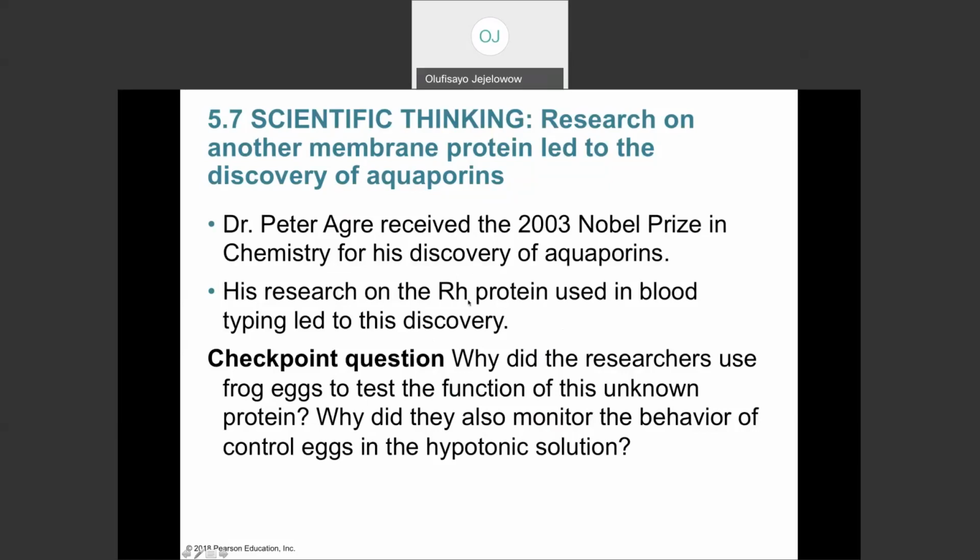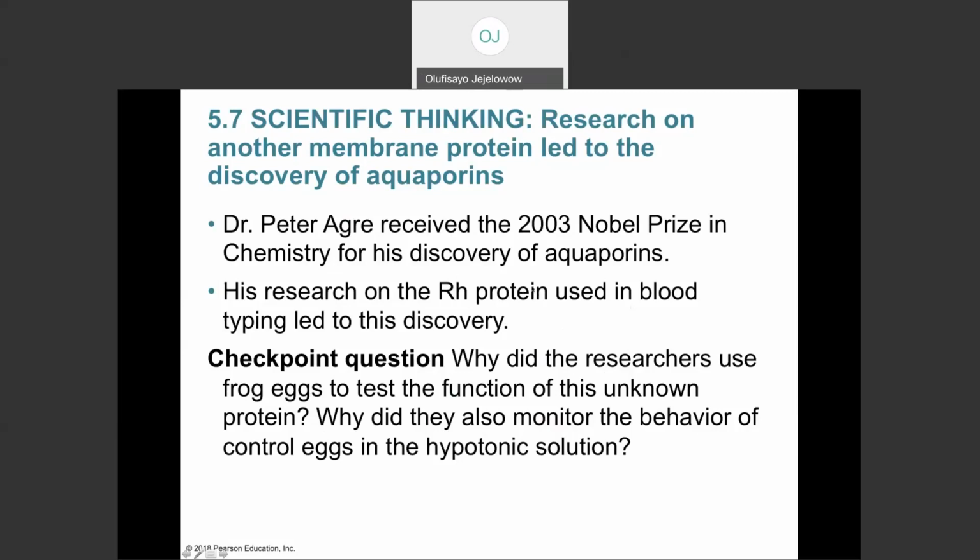In the experiment, they used frog eggs to test the function of this unknown protein. Frog eggs are known to be impermeable to water, but he found that whenever they took the smaller protein and